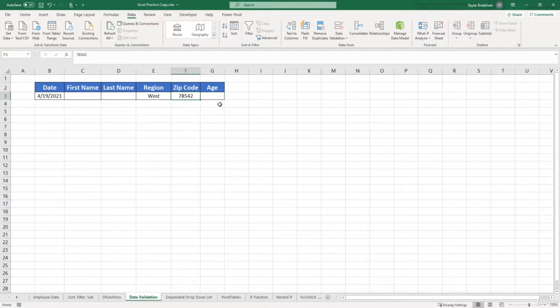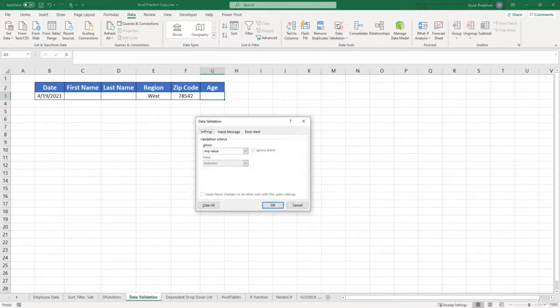So let's select cell G3, come up to data validation, and this time in our drop-down list, we can select whole number because an age won't have a decimal, right? So let's select whole number, and let's say that everybody within this spreadsheet should be greater than or equal to the age of 18. So we can select our data drop-down arrow. So we only want to allow the age to be greater than or equal to 18. So we can come down here and select greater than or equal to,